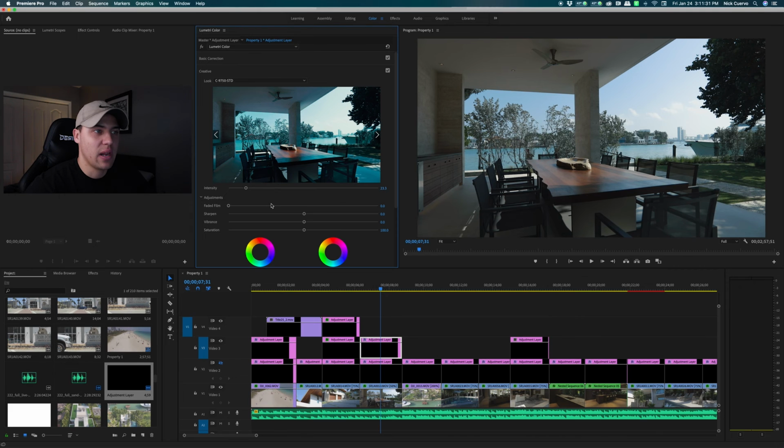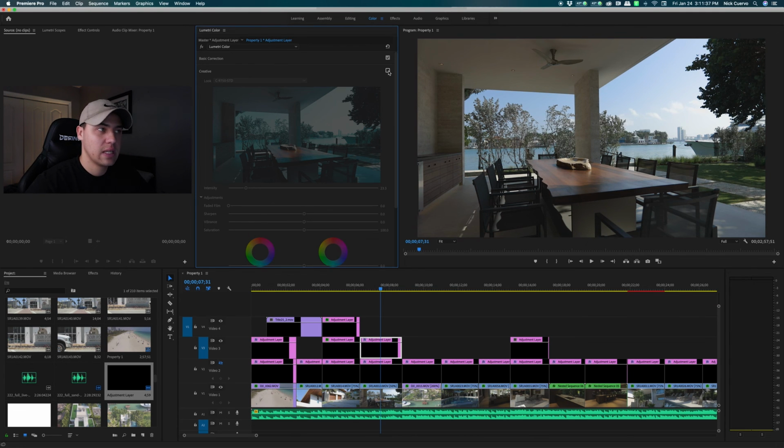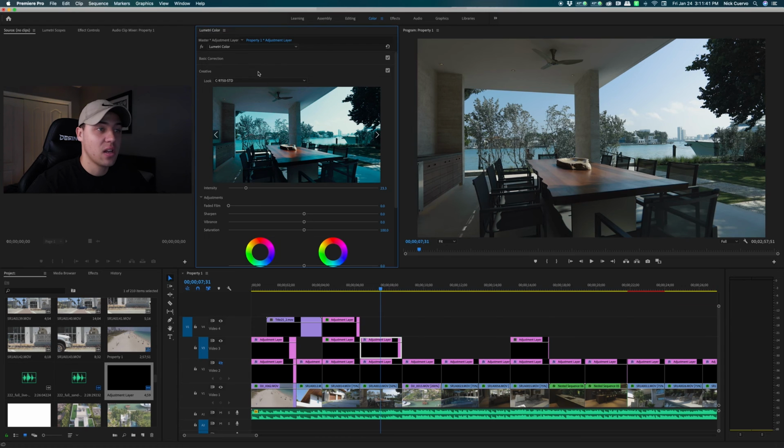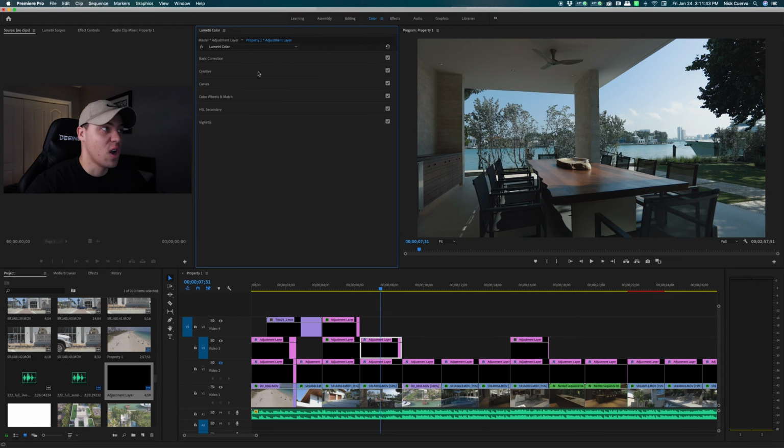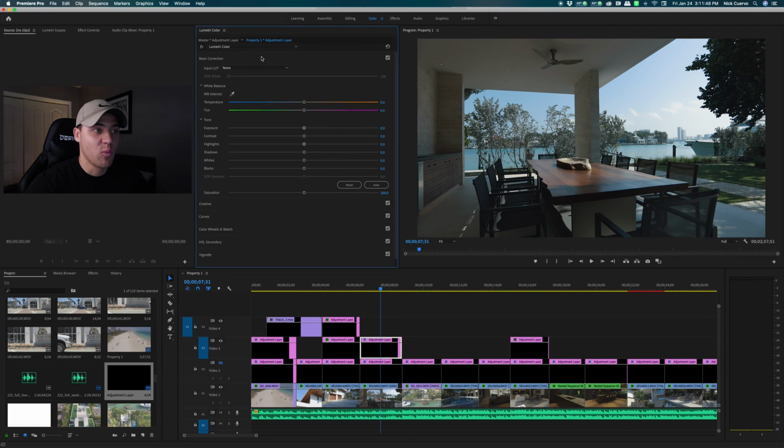So that's kind of how I like that one. And you can see the before and after on it. It makes it a little bit more blue, it makes it a little bit cooler. It's just the type of look I'm going for. So now after we've added a LUT, this is pretty much good to go. I mean, other than some basic minor adjustments, which we're going to do next, but we're starting to see it